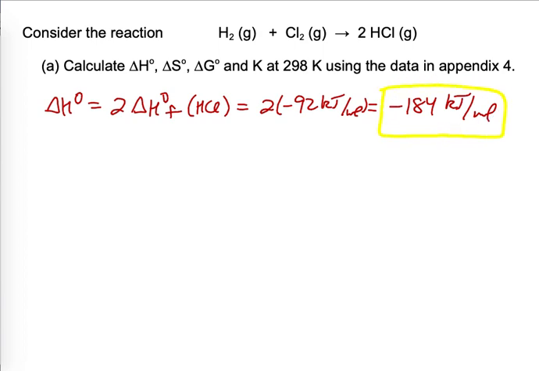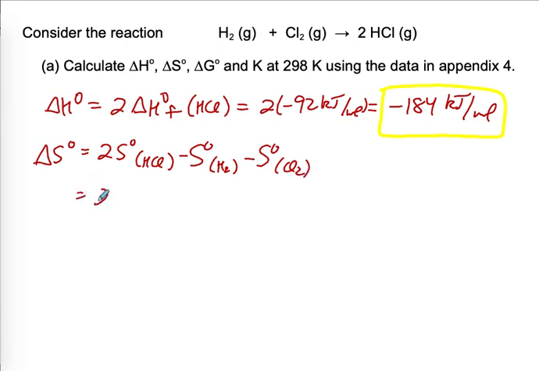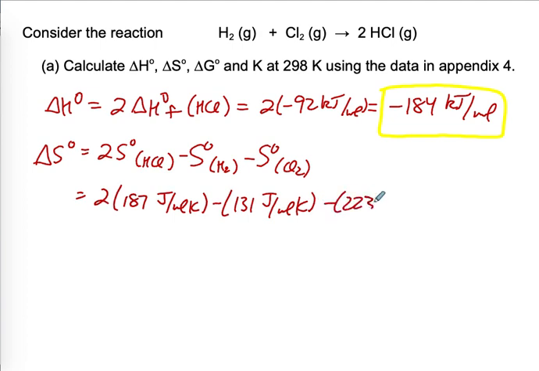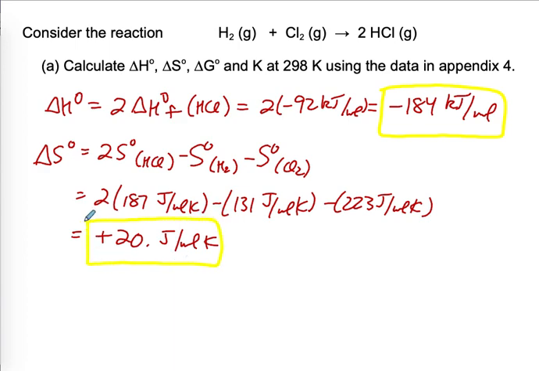For the standard entropy change, we will have to use the standard entropies listed. So this will be 2 times the standard entropy of hydrogen chloride gas minus the standard entropy of hydrogen gas minus the standard entropy of chlorine gas. That's 2 times 187 joules per mole Kelvin minus 131 joules per mole Kelvin minus 223 joules per mole Kelvin, which is equal to plus 20 joules per mole Kelvin. The reaction has a slightly positive standard entropy change because hydrogen chloride has greater entropy than either H2 or